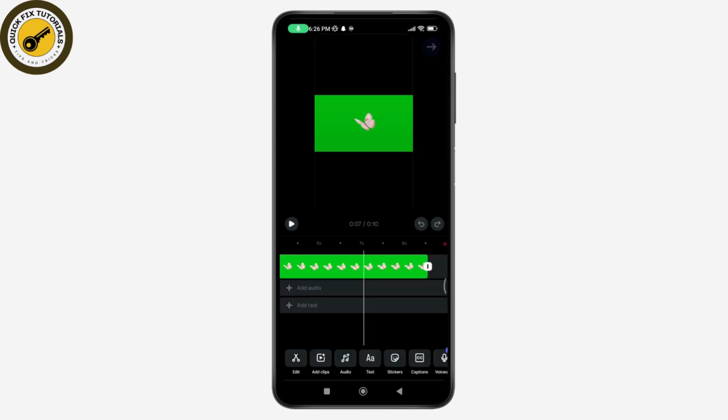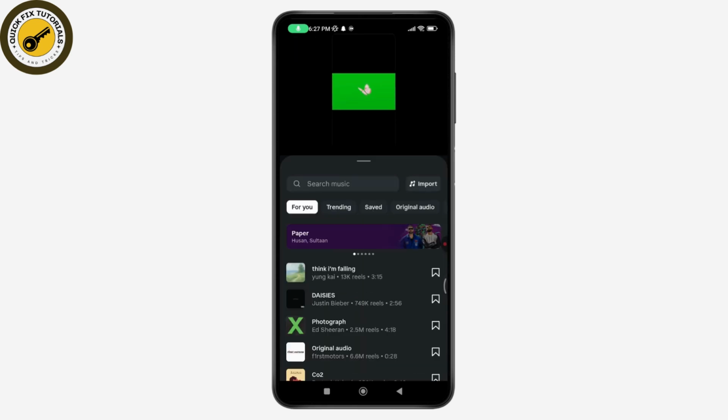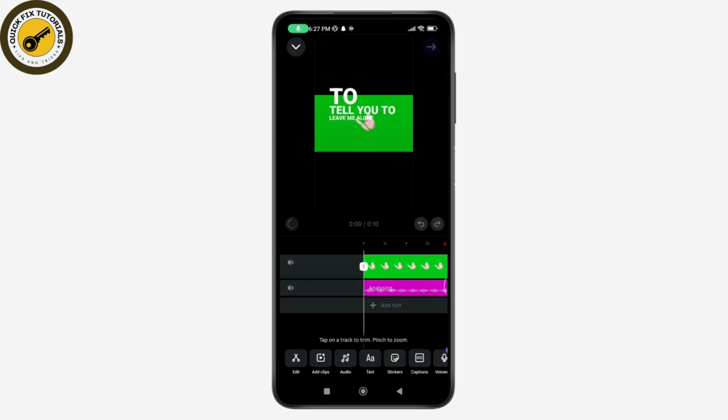Once you've done with the voiceover, you need to go with add audio, which is on the bottom, and here you can add song. So go and select the song at first. Once you've added the song, go with done, and once you've added that, you need to again go with add,